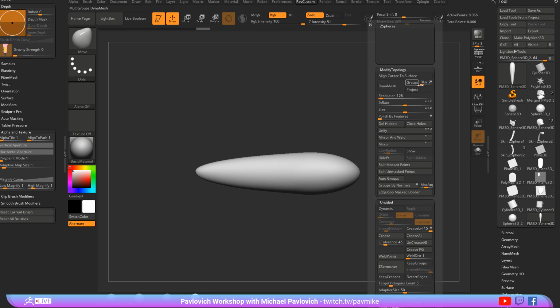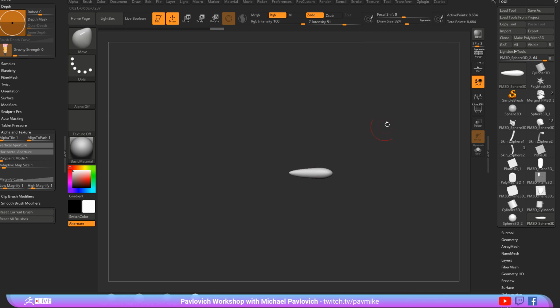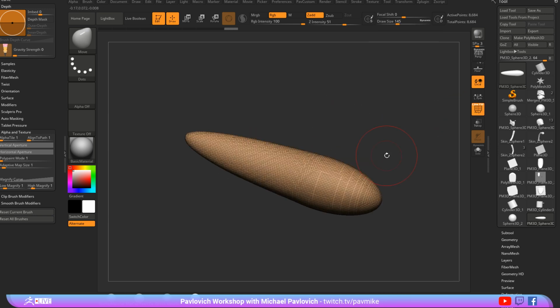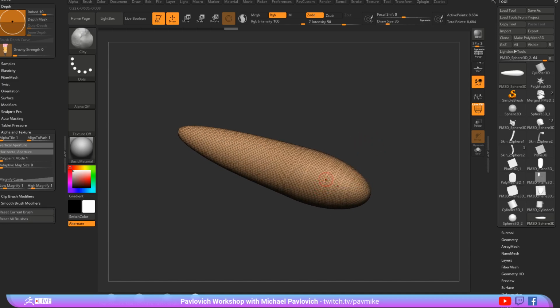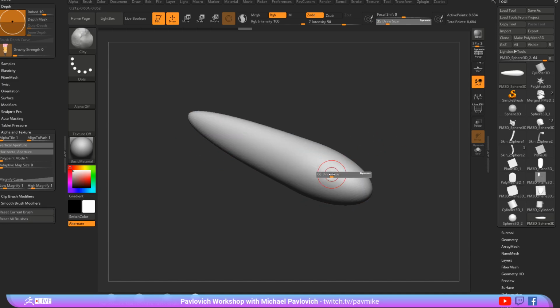But now we can turn on maybe Dynamesh. You know what I'm gonna do? I'm gonna do a unify and then Dynamesh. That's under your deformation menu, by the way. So now you just need to go through here, and I don't have my koi fish reference up anymore, but